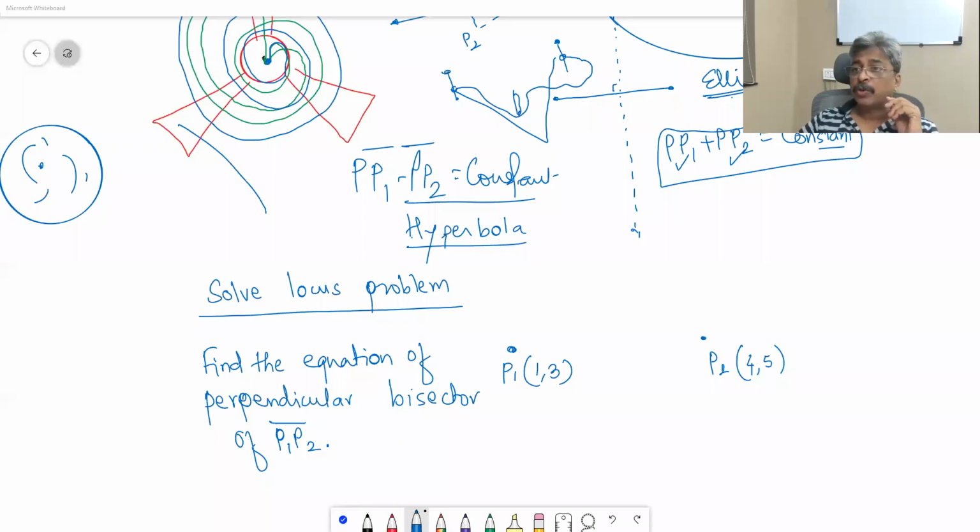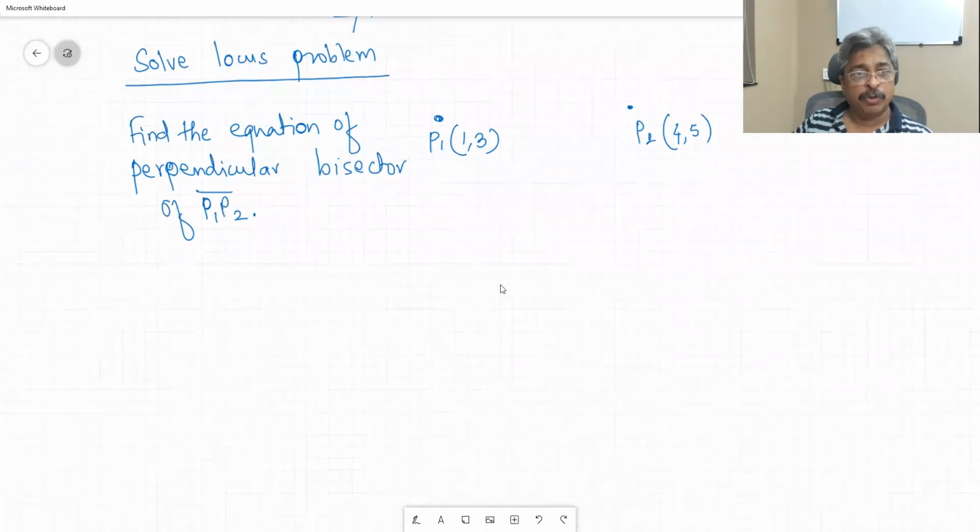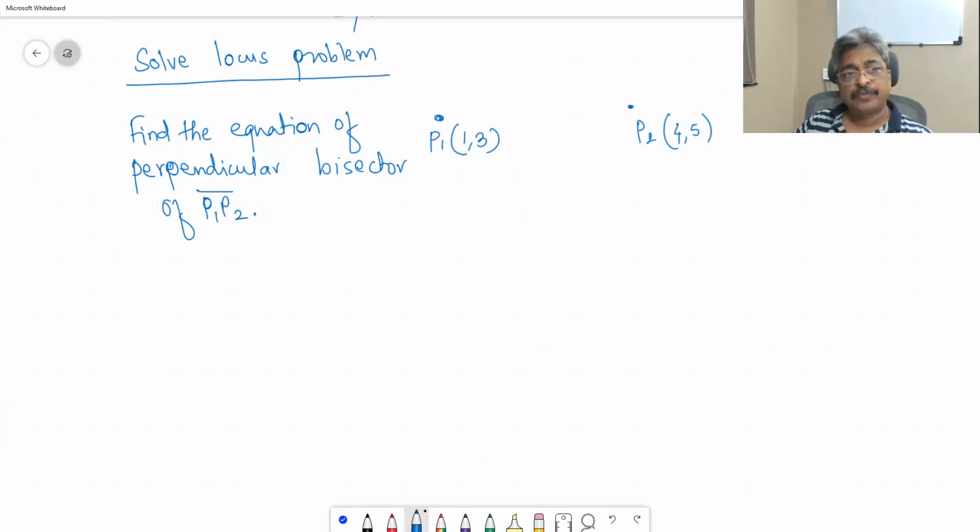Okay, let me solve this problem in detail on board, and that is maybe the last problem that I will solve. But all of you are supposed to solve all the next problems the way I am going to solve it on board. It's a locus problem, and every locus problem is to be solved like this. First statement of the locus problem is, what is the question? P1 is given, P2 is given, and perpendicular bisector of P1, P2 is asked. Okay, so it's a locus of a point equidistant from fixed points P1 and P2.